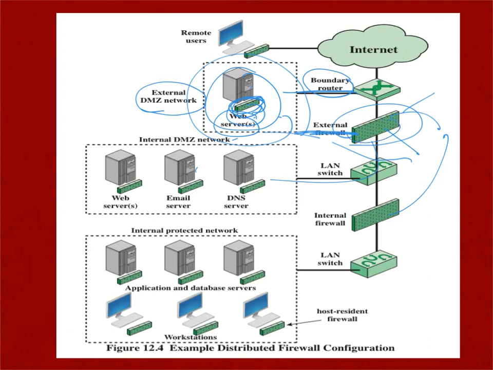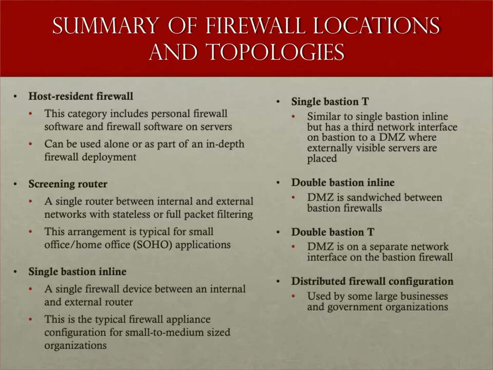So this firewall could be integrated with the router, and it could have multiple interfaces. By T, we always mean that the firewall itself has extra interfaces. It's like it has a router functionality in addition. So based on that, you have multiple topologies. These are different common topologies that are usually used. One of them is called the single bastion T. By T here, I mean a T connection, which means that the firewall